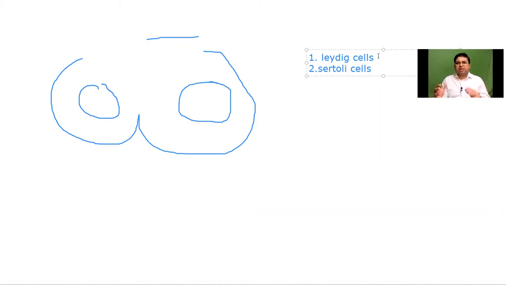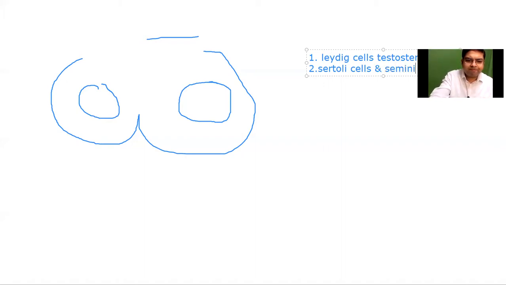Leydig cells basically produce testosterone, and Sertoli cells help in the production of the seminiferous tubules. Seminiferous tubules and Sertoli cells produce spermatozoa. So one is for testosterone. Let me write it down. This is testosterone. Leydig cells help in the production of testosterone, again under the effect of some brain hormones like LH and FSH, which I've talked about in the main course, and also in the male reproductive essentials course. And Sertoli cells and seminiferous tubules also